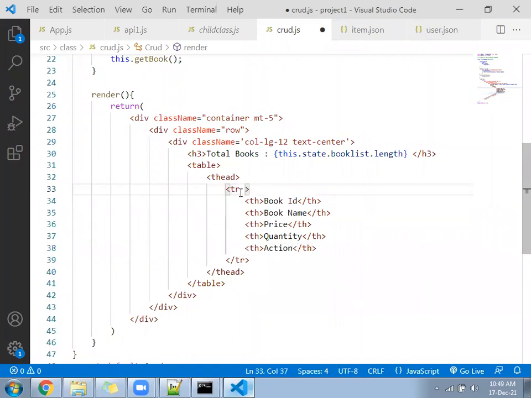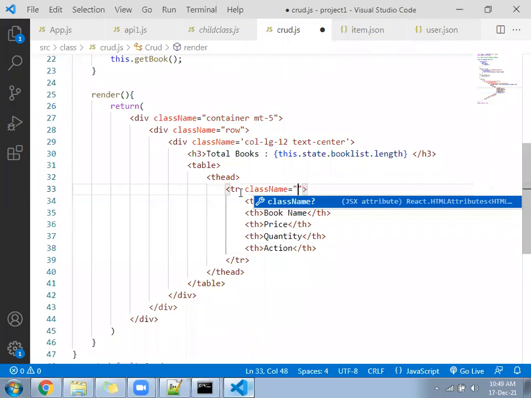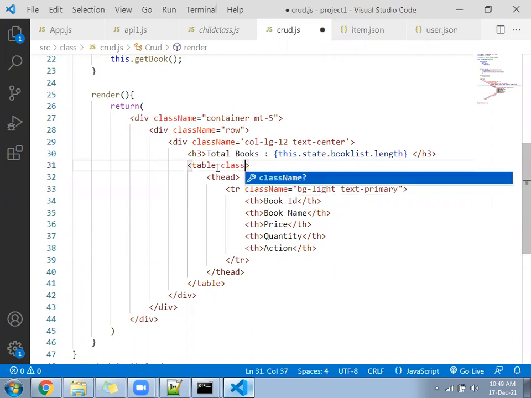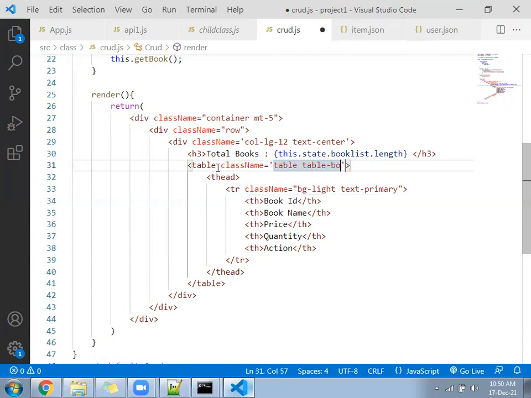TR. Class name. GP light. And text primary. For table. Query. T-body.